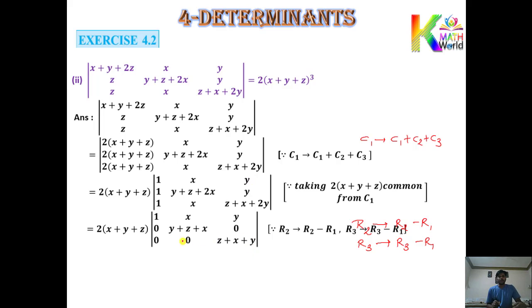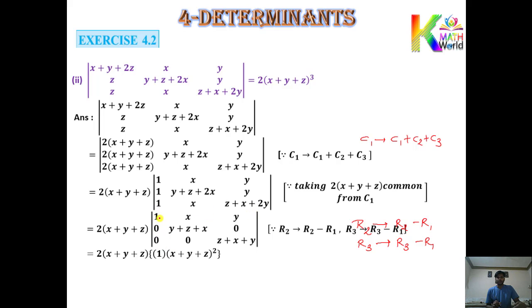Okay, so now if you see properly, then you can directly expand the determinant, or another way, you get from the second row x plus y plus z common. The same way from the last row you get x plus y plus z common, then you can expand the determinant, or from here on you can directly expand the determinant. Okay, so if you directly expand the determinant, then you can cancel out this one.